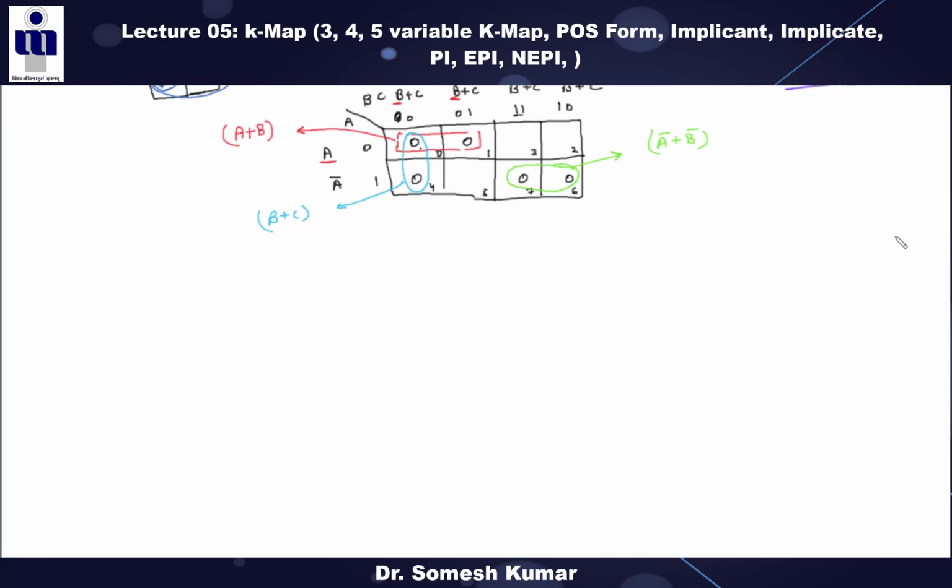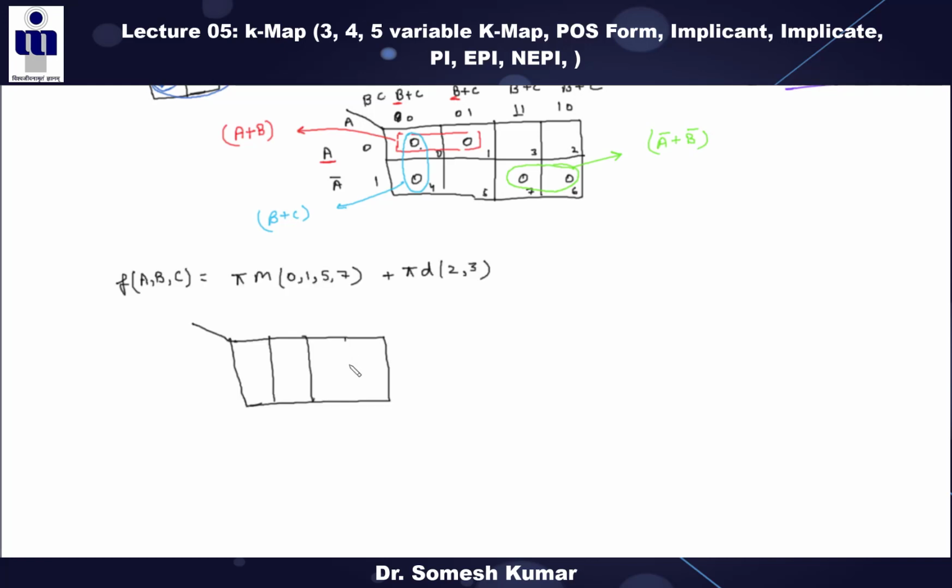Now we will take one more example. This is a 3-variable function. This is given, and this don't-care condition is given, right? So this is 0, 1, and 2, 3 are don't-care conditions, right? 4, 5, 6, 7, sorry, 4, 5, 6, 7 are zeros, right? Now tell me,